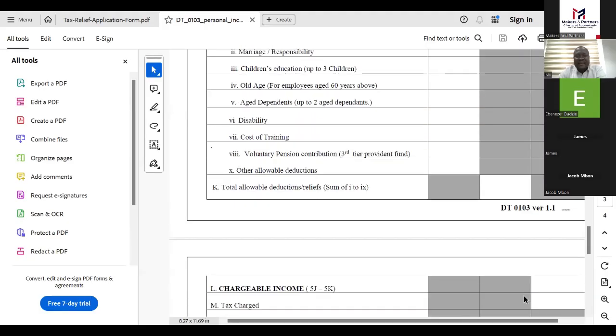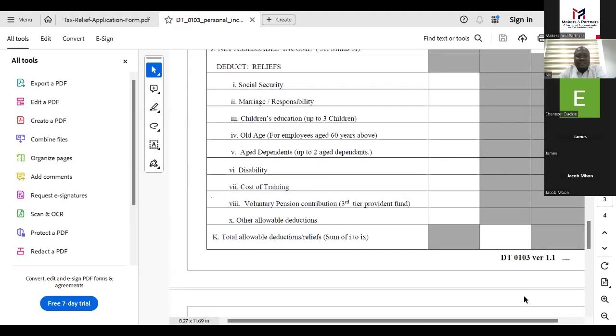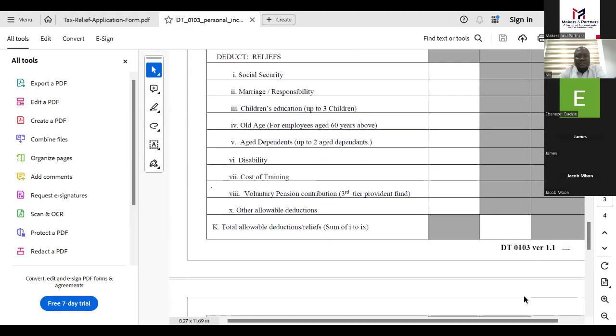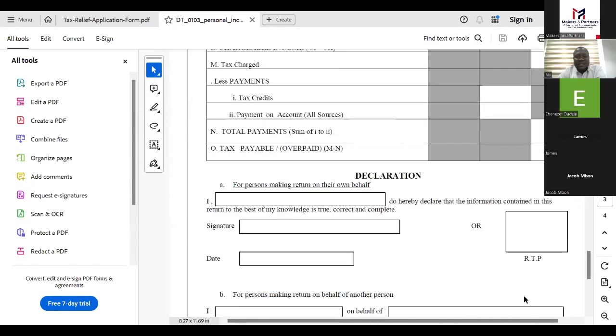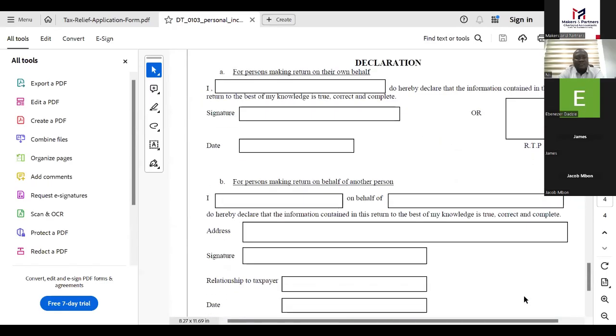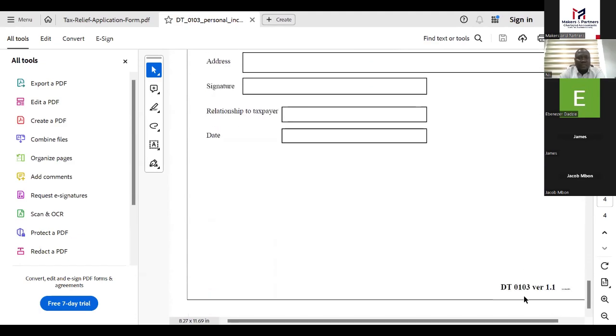We have other companies whereby you have exemptions and so on. The next bit is your reliefs. It talks about your social security, marriage reliefs, and all that. So this is a typical form for your personal income tax returns. So let's go back to our slides.